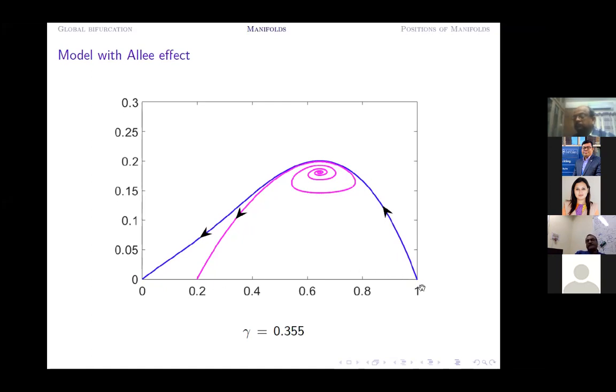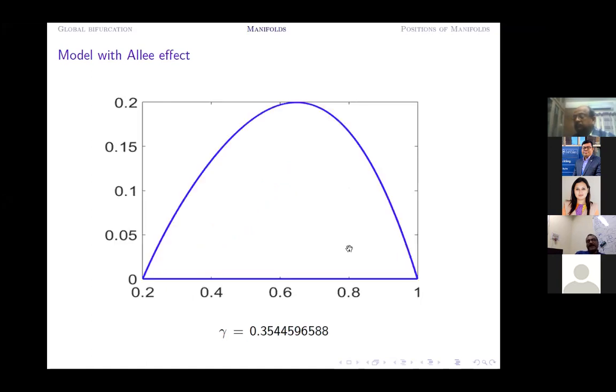So that means there is a trajectory coming out from 1, 0 converging to 0.20, and there is always a trajectory starting from 0.20 and converging to 1, 0 following this particular horizontal axis. As a result, at this particular threshold gamma, you can have this heteroclinic orbit. It starts from here converging to this part, and again it will start from here and converge to this part. How to do this?